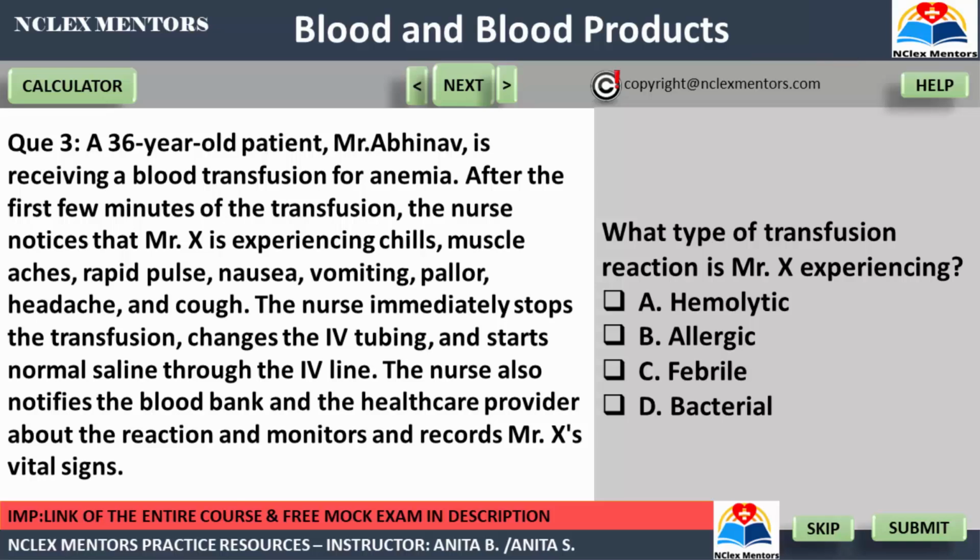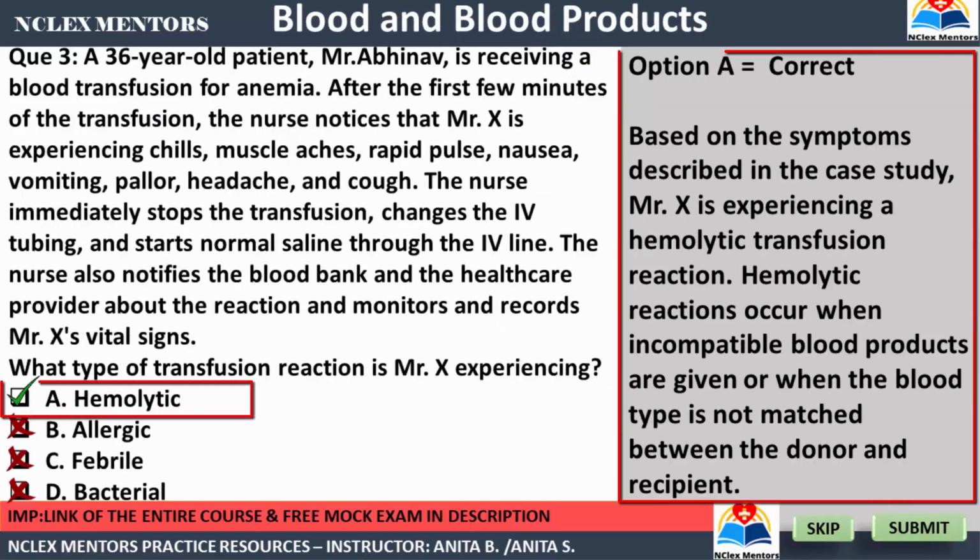All right, time's up. Let me reveal the right answer to you. The right answer is hemolytic, or option A. Based on the symptoms described in the case study, Mr. X is experiencing a hemolytic transfusion reaction. Hemolytic reactions occur when incompatible blood products are given or when the blood type is not matched between the donor